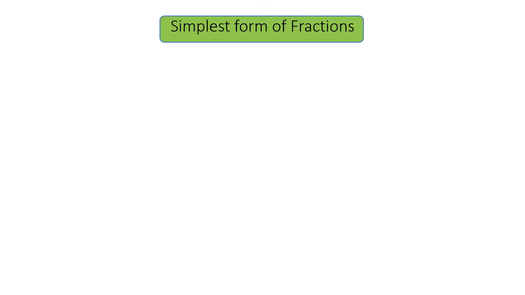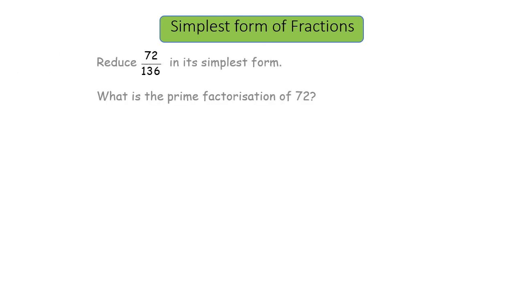Now we want to understand what is the meaning of simplest form of a fraction. Sometimes we write a big fraction, but we can simplify it. Simplest form of a fraction means the numerator and denominator are already the smallest and should not have any common factor, then it is called the simplest fraction, right? For example, in this case, if you want to reduce 72 upon 136